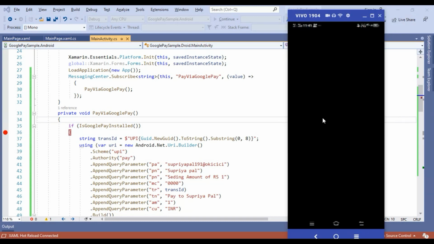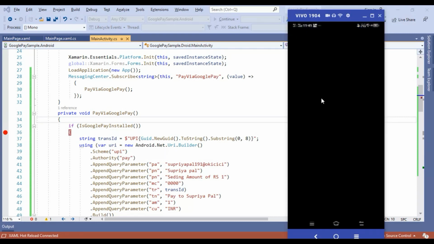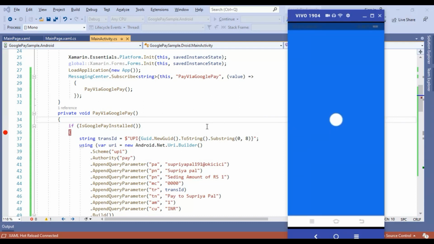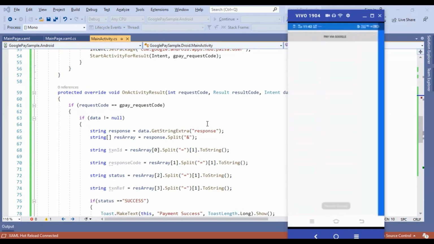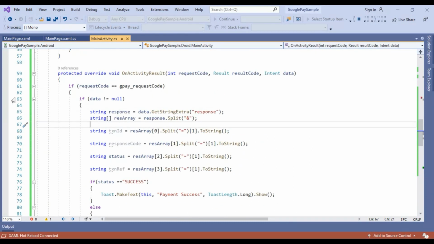Okay, so we can notice that inside this Google Pay it's not showing the screen here, because of the authorization. Here I'm going to make the payment, and it is asking for the PIN, because it is not showing the screen here for the authorization purpose. So I'm typing my PIN and proceeding to the next step, and you can notice that the payment is successful.